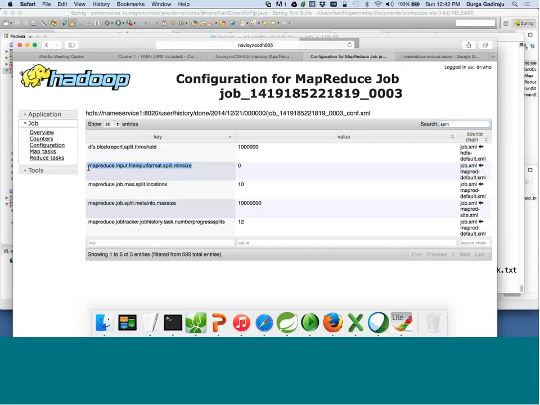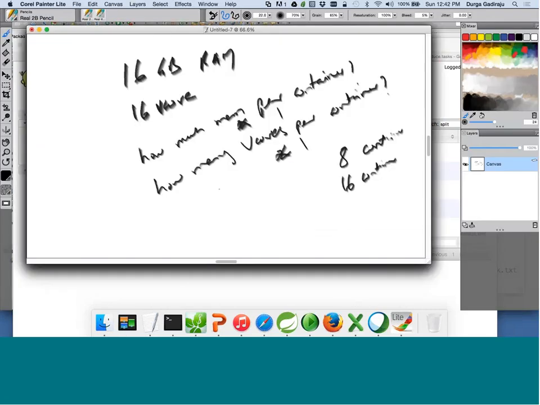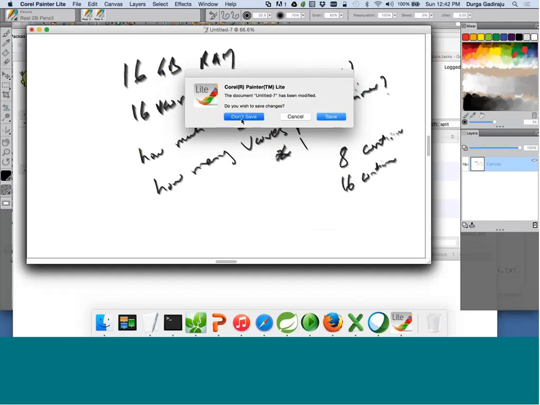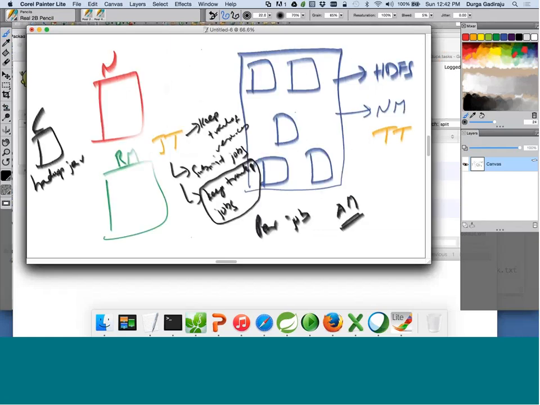So this is the parameter. And by default it is 0. We will see what happens when it is 0 and what happens when it is more than 0. Let's say we have a 3-node cluster, or even larger cluster. Let's take the example of this one. We have a 5-node cluster, and we have a 2 GB file, 17 blocks,